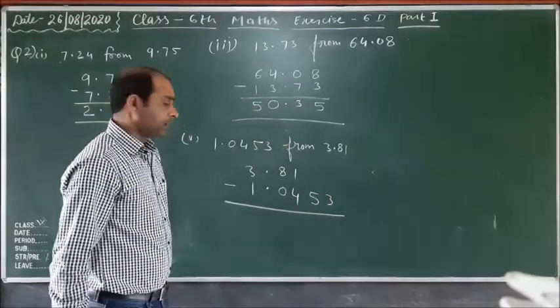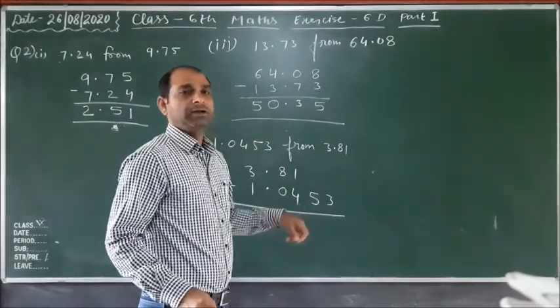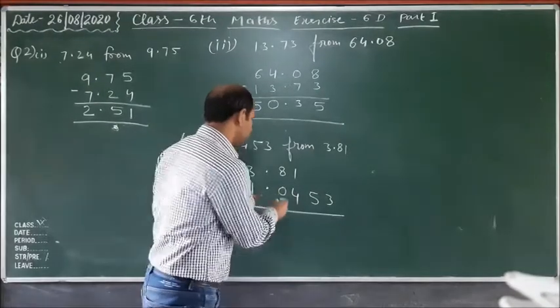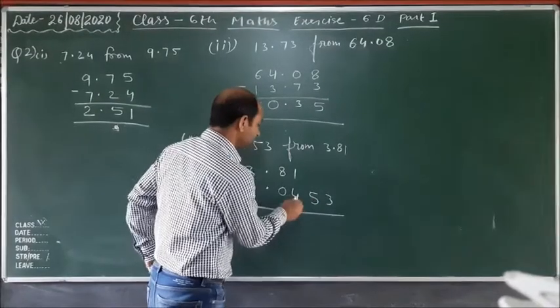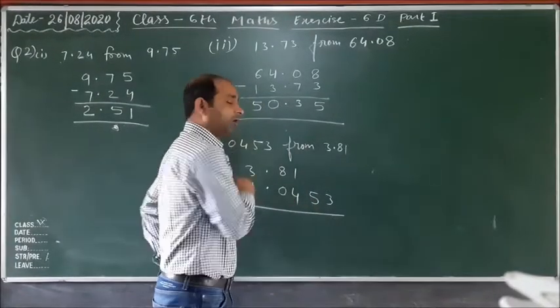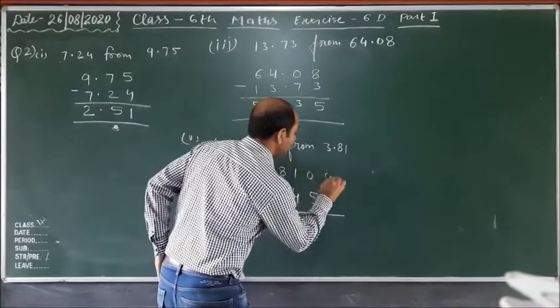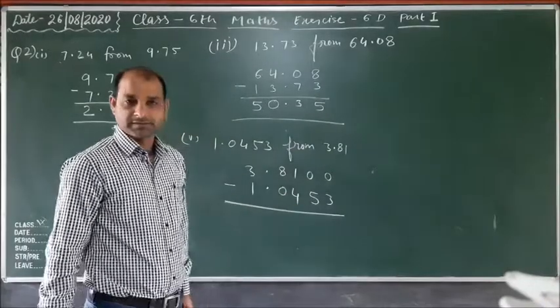Now minus. Here this is an unlike decimal, so we make it a like decimal. How do we make the like decimal? It means all digits after the decimal are equal in number. Here there are 4 digits, but here only 2 digits. So we increase here 3, and here 2, 0. Okay, so this is a like decimal.